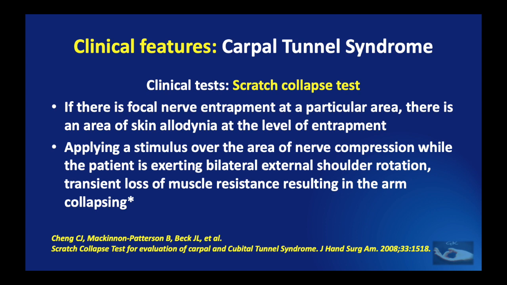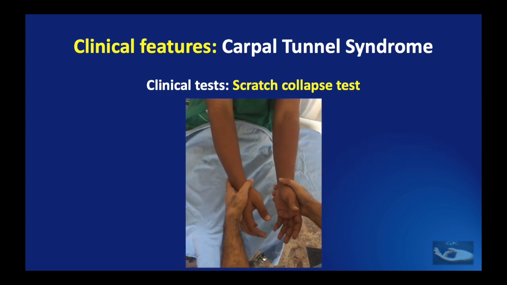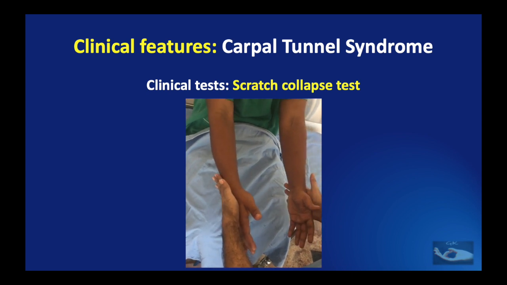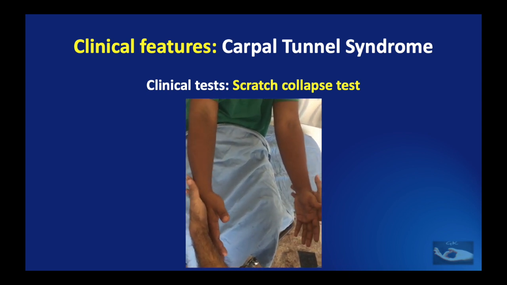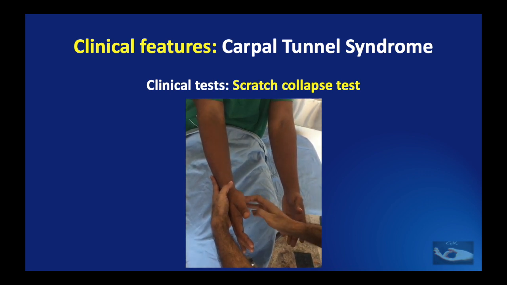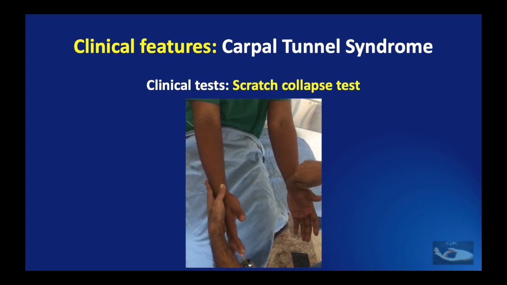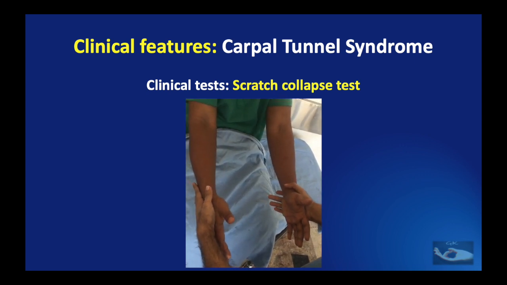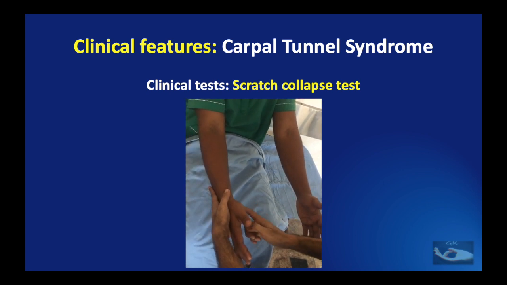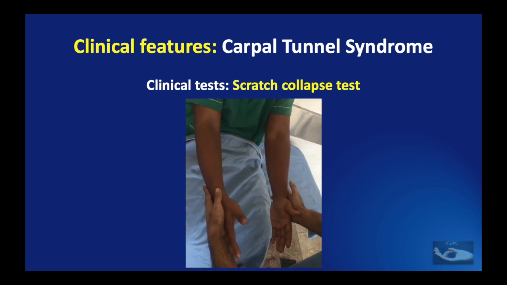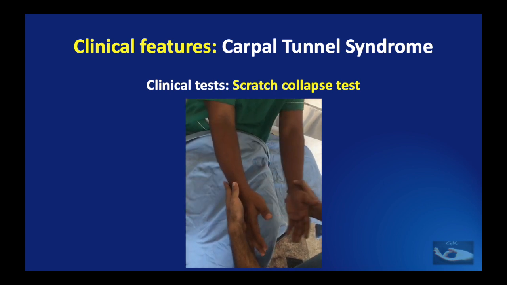Applying a stimulus over this area of nerve compression while the patient is exerting bilateral external shoulder rotation, transient loss of muscle resistance resulting in the arm collapsing can be seen. Both limbs are tested simultaneously and the patient is asked to externally rotate the shoulder. The examiner offers resistance against this, and at the same time the area of suspected nerve entrapment is gently scratched or stimulated and the test is done again. Normally, if there is no entrapment, this power of external rotation will be maintained by the patient. If there is an entrapment of the nerve at a particular site, stimulation over this area will lead to the